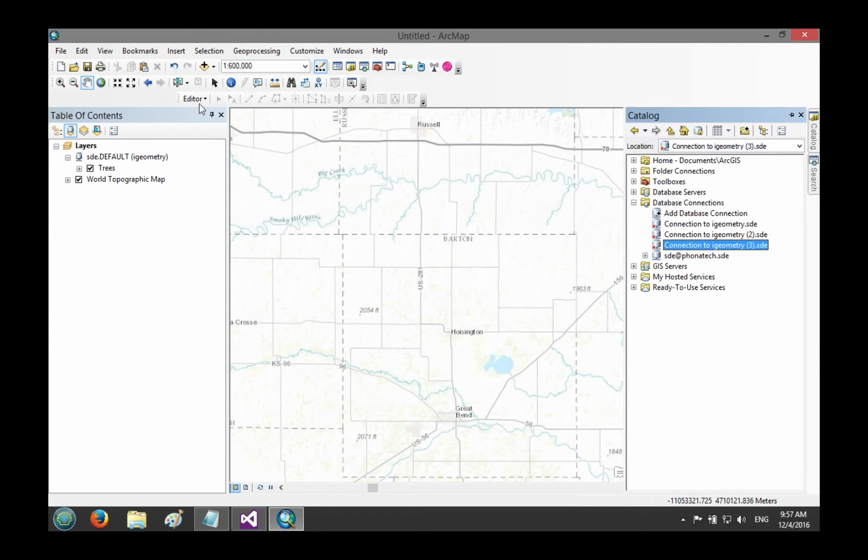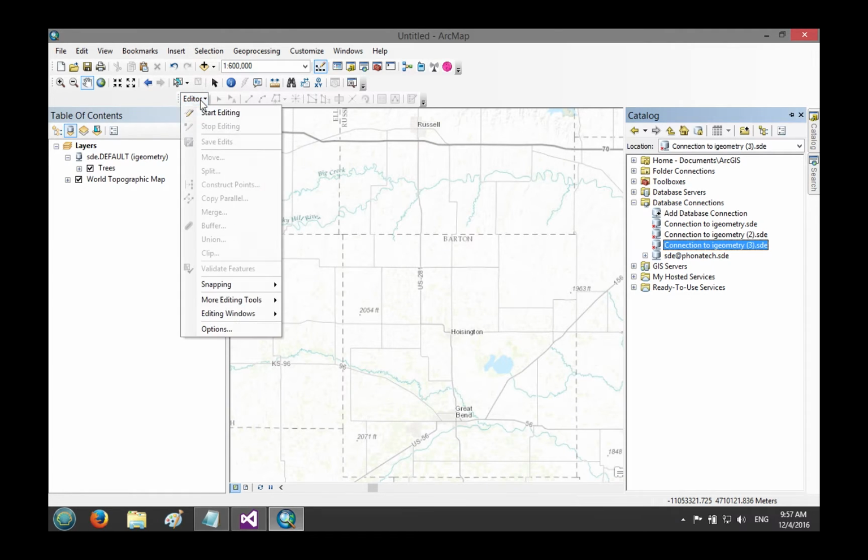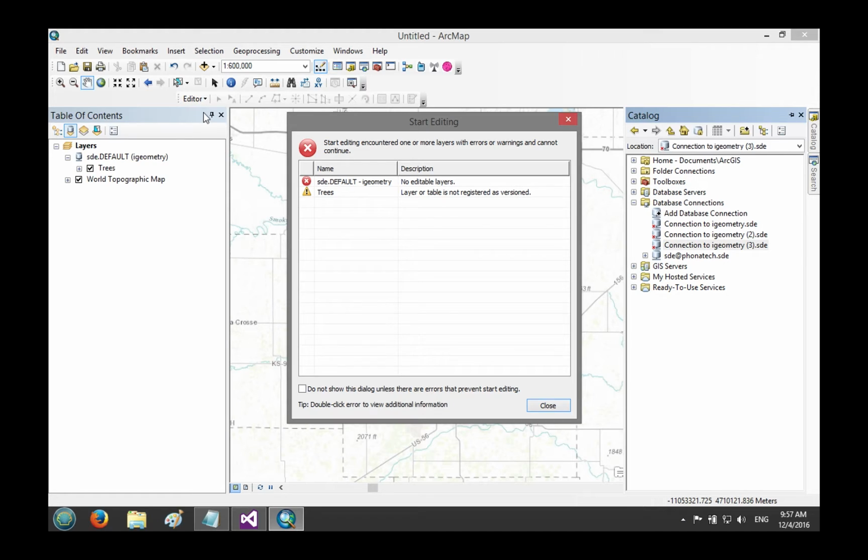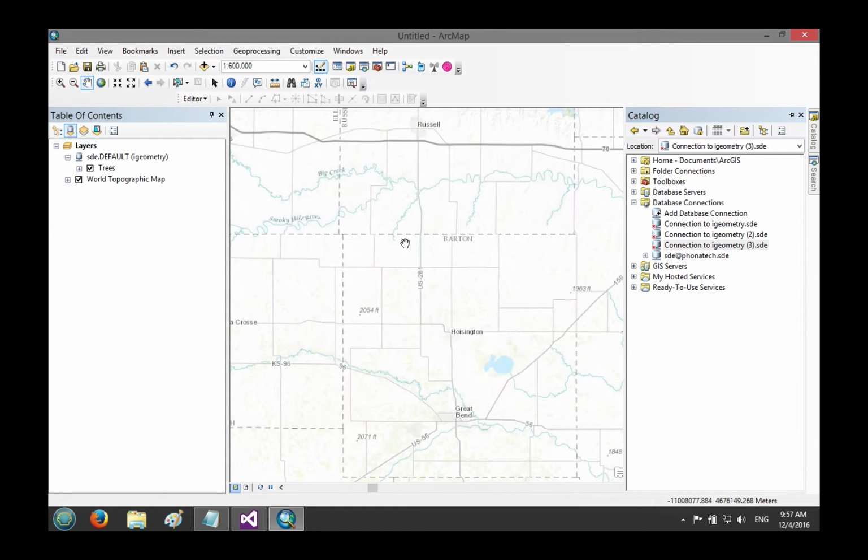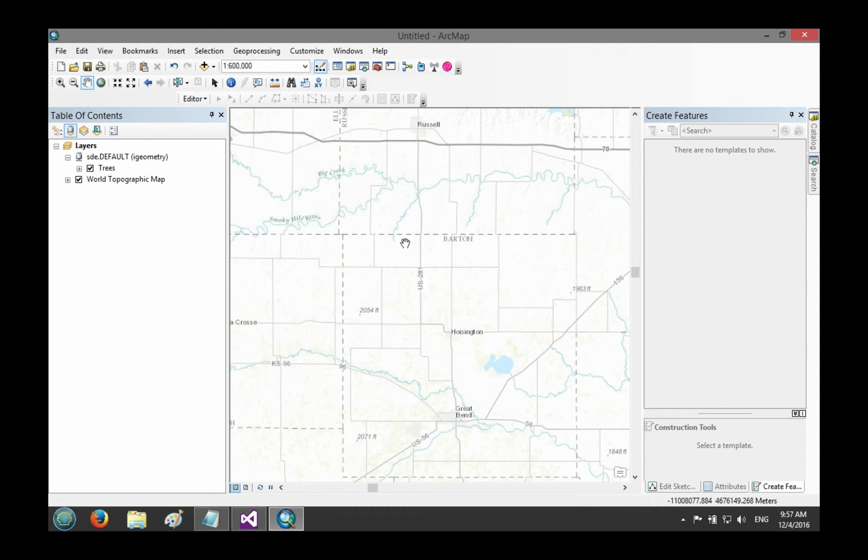So can I edit this? Can I create a new feature? Let's create a new tree. Oh, the moment I start editing, it gives me this error. It says no editable layers. Starting editing cannot continue. It says layer or table is not registered as versioned. You know why? ArcMap by default is